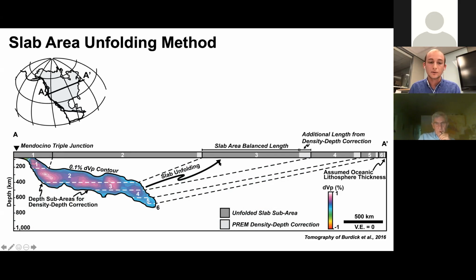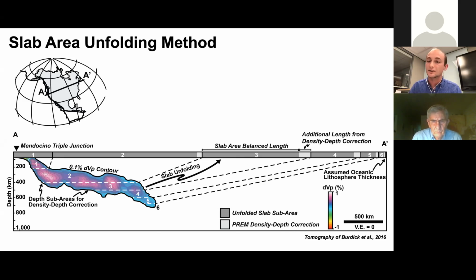And so this unfolding process is partially just that balancing of the cross-sectional area versus the assumed thickness, and getting a length, and partially from a density depth correction that we apply to the cross-sectional area by depth slice. And this is just to account for increased density within the mantle, which is going to compress the slab and make it look smaller than it is. So we put that all together and get a calculated length of oceanic lithosphere that's held within a given anomaly